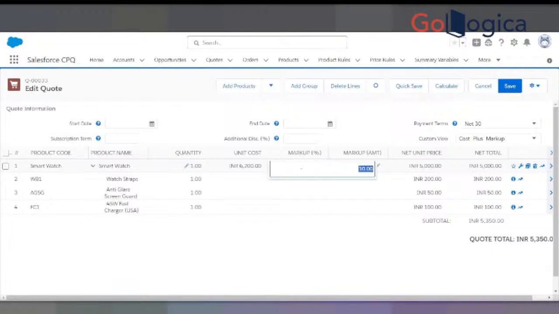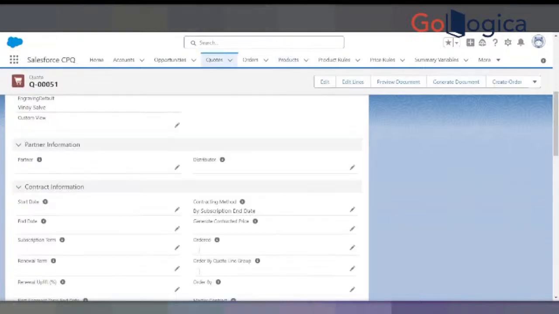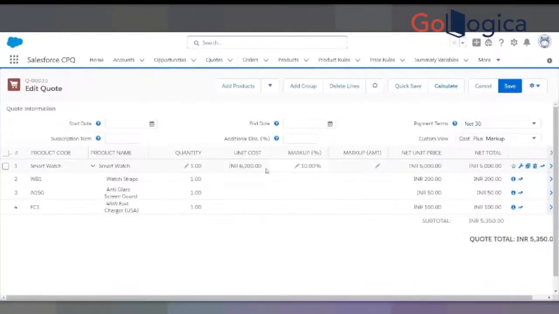If I'm clicking 10%, still it is not showing. I thought this is the probable reason, because when I'm changing it to cost, the cost price should be taken up, and if I'm marking up some percent, then it should come as markup amount. Okay, so there are two things which are not working for us, which is the cost price value and then